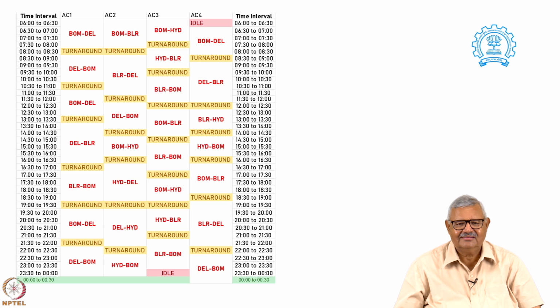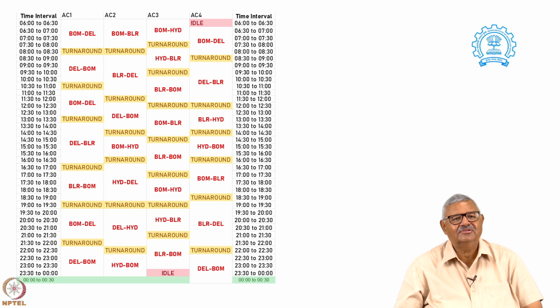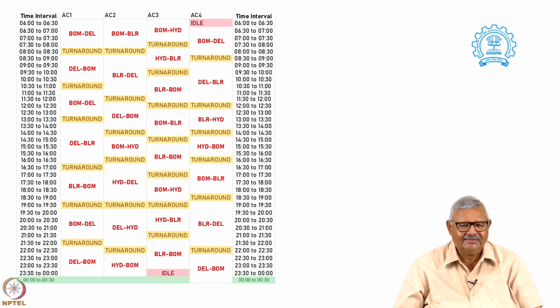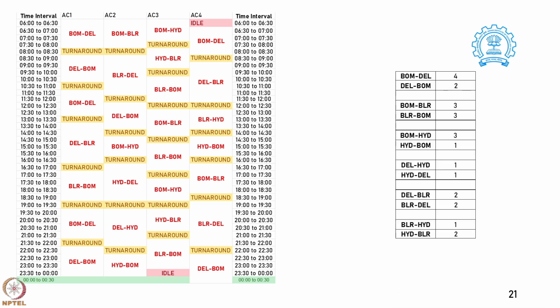So, what we have found is that our aircraft remain idle only for, there are 4 aircraft and among these 4 aircraft, the only time we remain idle is just 1 hour in a day cumulative, half an hour in the morning, because we would not like to have 2 flights by the same airline from the same destination to the same destination from Mumbai. So, we have kept half an hour idle and in the end we have got an half an hour extra maintenance time for a flight.